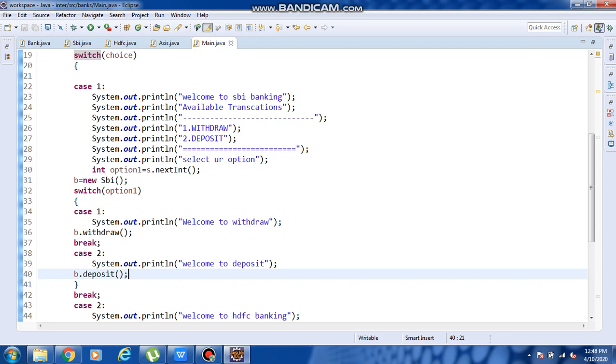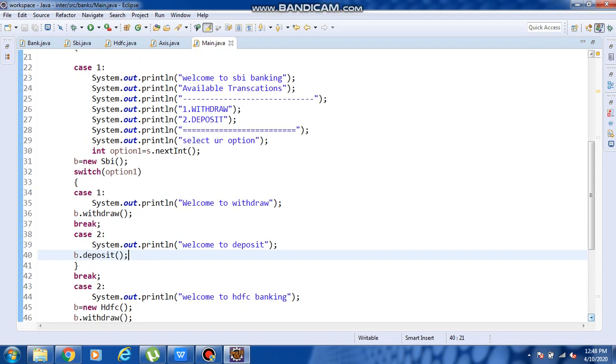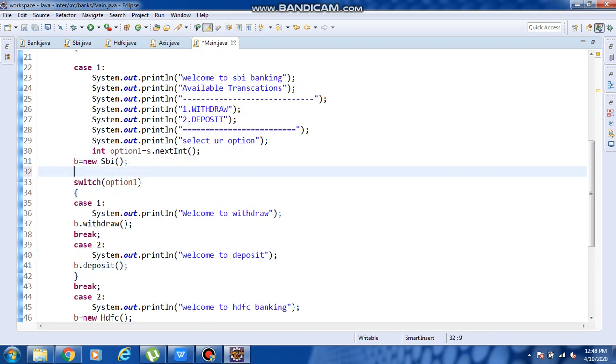So once you come to SBI, it will ask. So better, take String pin equals to.